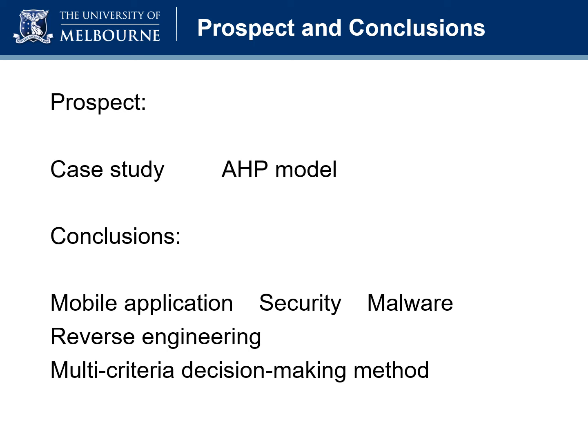To sum up, the risk of leakage of personal private information through malware grows very high. That's why we attach great importance to the security of mobile phone applications. This project uses reverse engineering to analyze the permission list of mobile applications and combines the multi-criteria decision-making method to effectively evaluate the security of mobile applications and manage the third-party software market, aiming at